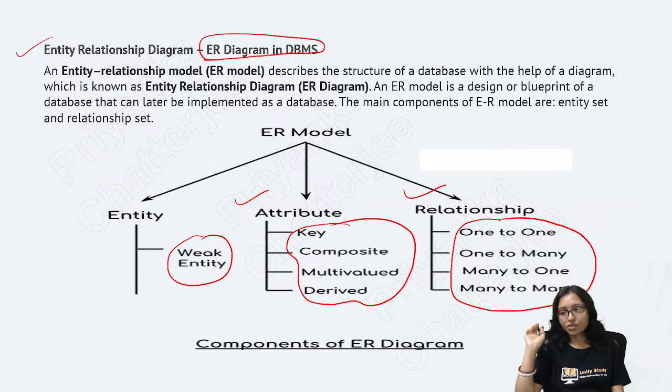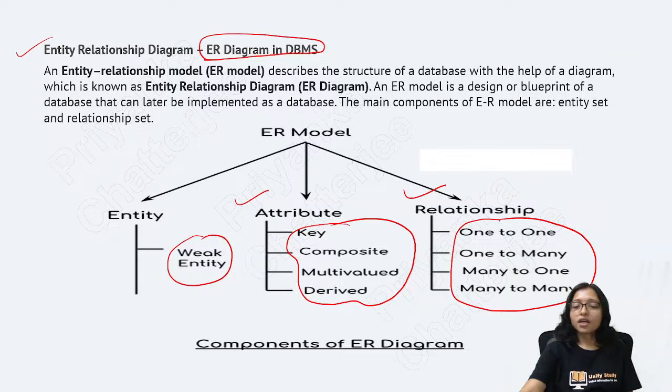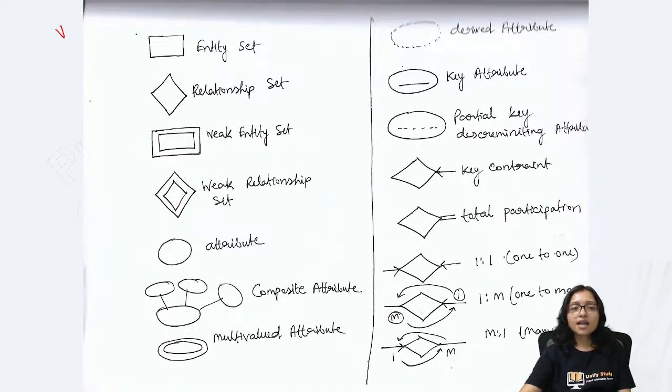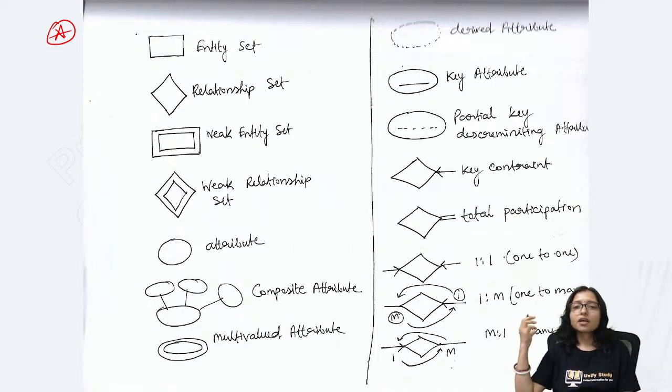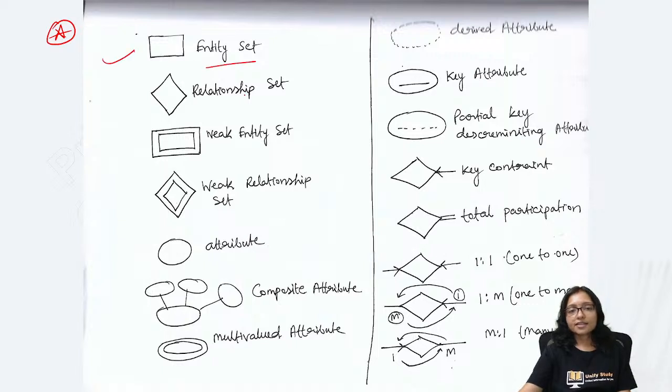These are the attributes here, right? So whenever these are possible, then how to do it? Here this chart is a very important chart. How to represent, what is the diagrammatic representation, the images: entity set, this is entity set, relationship, this is relationship,